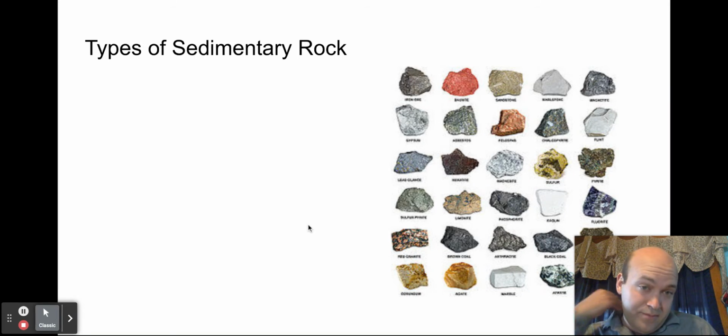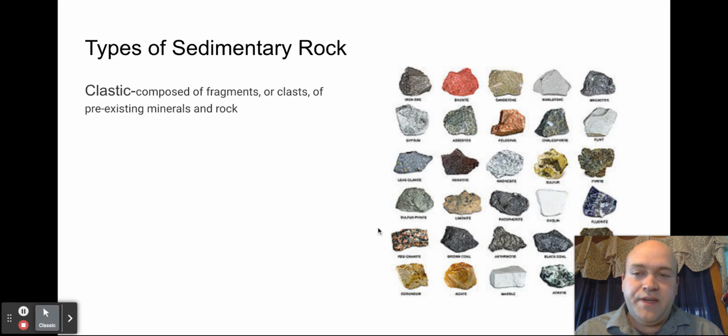And there are just a whole host of different kinds of sedimentary rock formed this way. We can split it up into two major categories. We've got clastic sedimentary rock, which are made up of those clasts that we went over before, the different sizes of sediment. And that's where they get compressed together, and then all the nooks and crannies get filled in